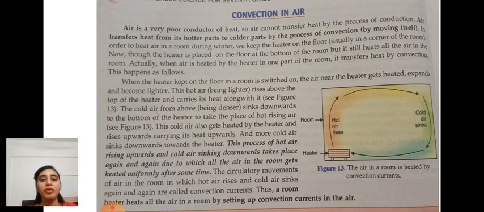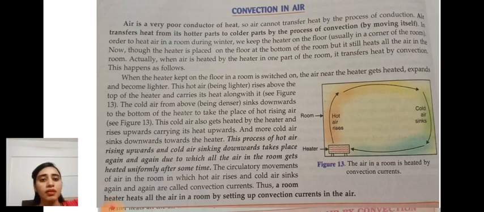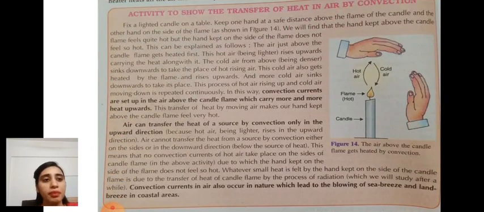The circulatory movements of air in the room, in which hot air rises and cold air sinks again and again, are called convectional currents. Okay, a room heater heats all the air in the room by setting up convection currents in the air. Understood? Now, in the previous activity I have already told you, fix a candle on the table,